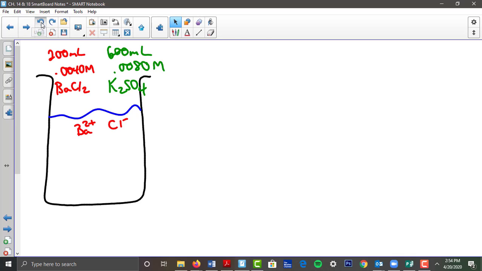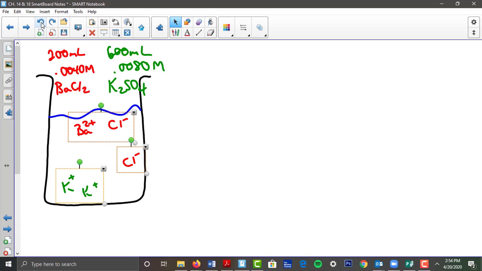So if we were to take these two solutions and pour them into the same beaker, we would have, for every 1 mole of barium ions, 2 moles of chloride ions. And for every 2 moles of potassium ions, we would have 1 mole of sulfate ions. So hypothetically, if we were to mix these two solutions together, the first thing we need to do